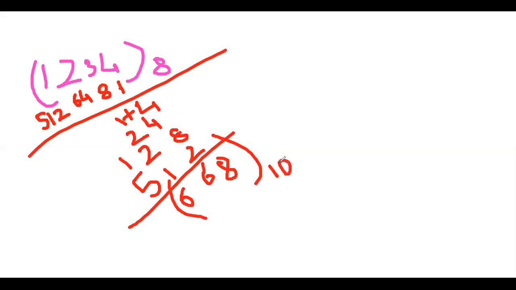We had done something similar in the binary also. The only difference was we used to take the base number as 2, and so we used to get 1, 2, 4, 8, 16. But over here the base number is 8, and so we will take the numbers as 1, 8, 64, 512, etc. Okay? All right, let's move further.